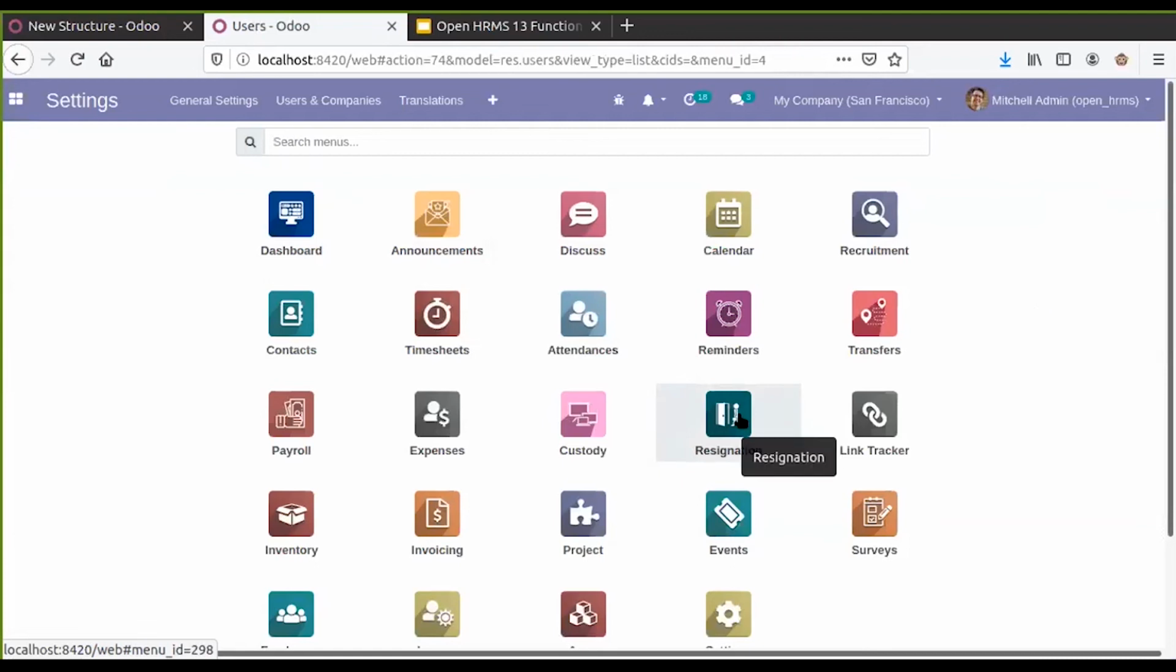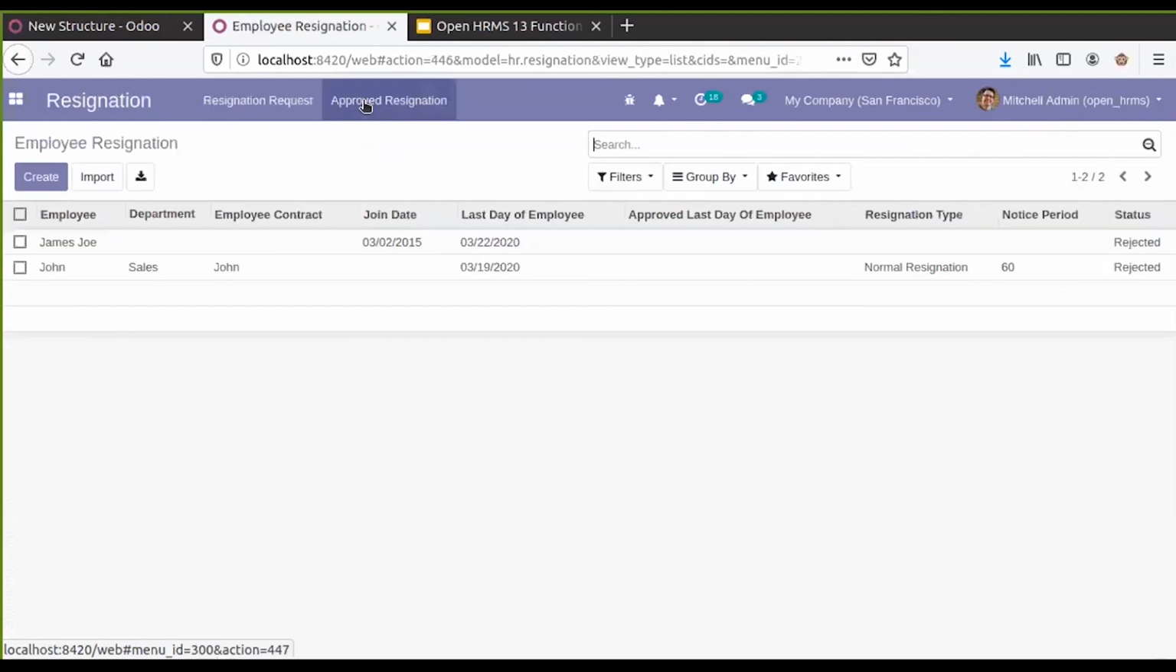The next module we will look into is the resignation process, and how the resignation process is managed in OpenHRMS. This will be accessible to all employees. The manager can approve and the HR person can approve this one. Normally you can just create a